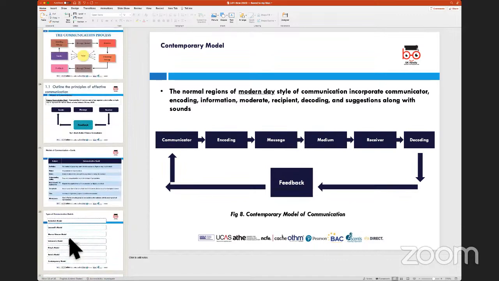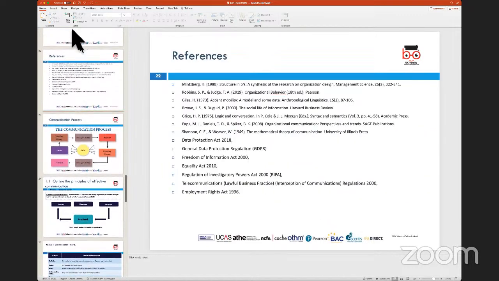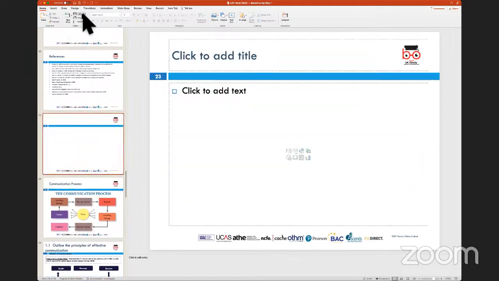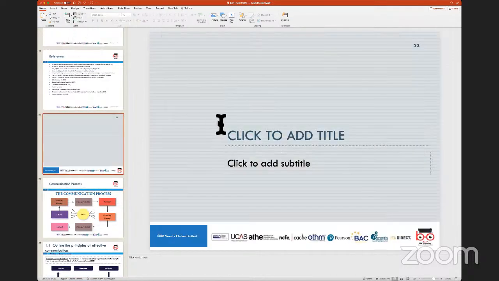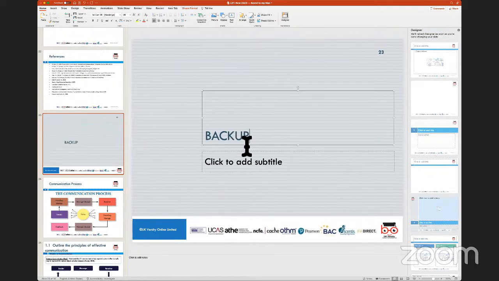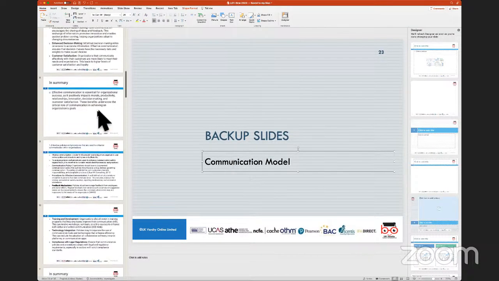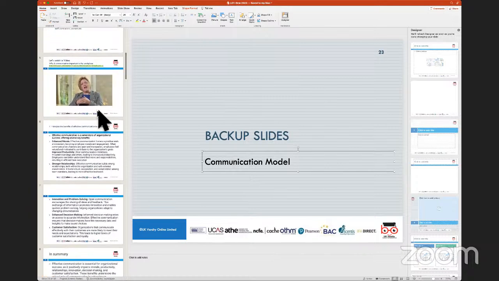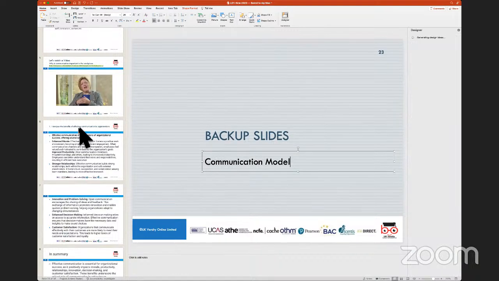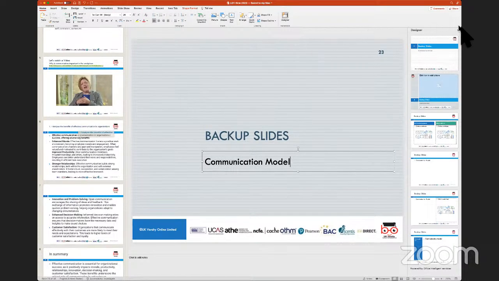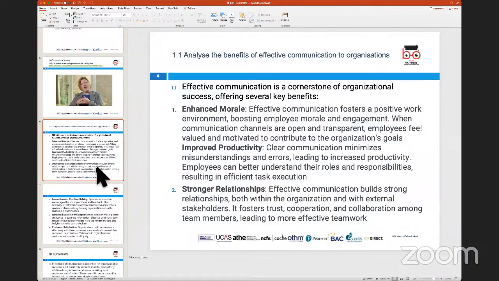So there are some backup slides which are put towards the end, and these slides can then be used to go into a bit of detailing, to understand, I would say, communication models. So this is something which probably you would need to know and have as a context to be able to get into understanding the communication practices that we want to learn and go into a bit of detail in today's learning outcome. Any questions on this so far?